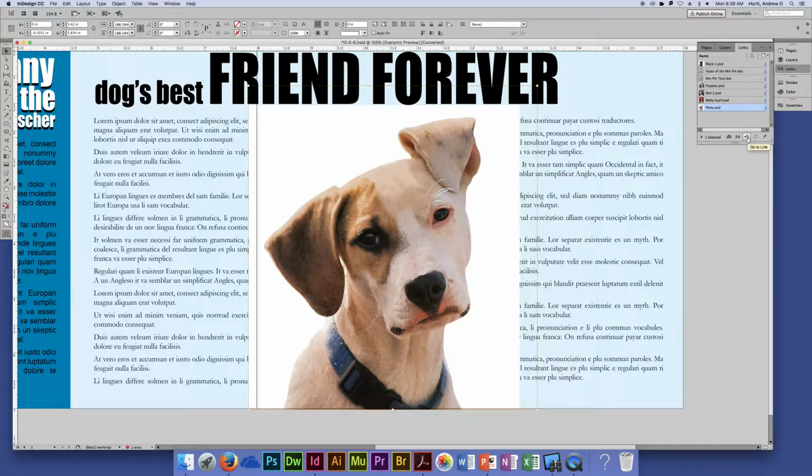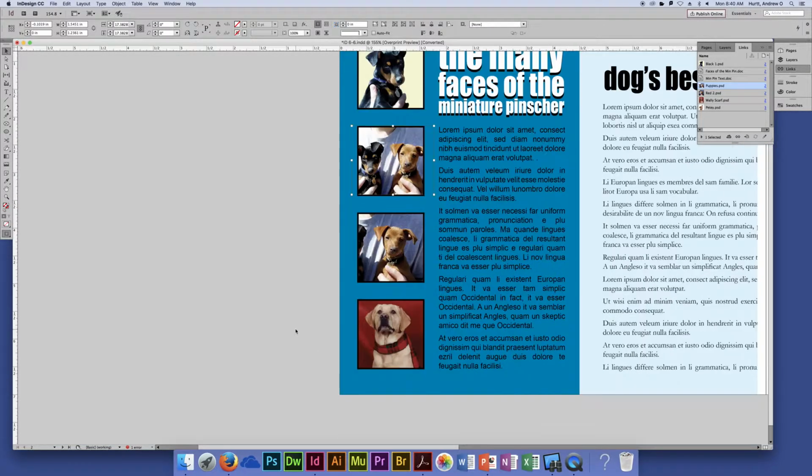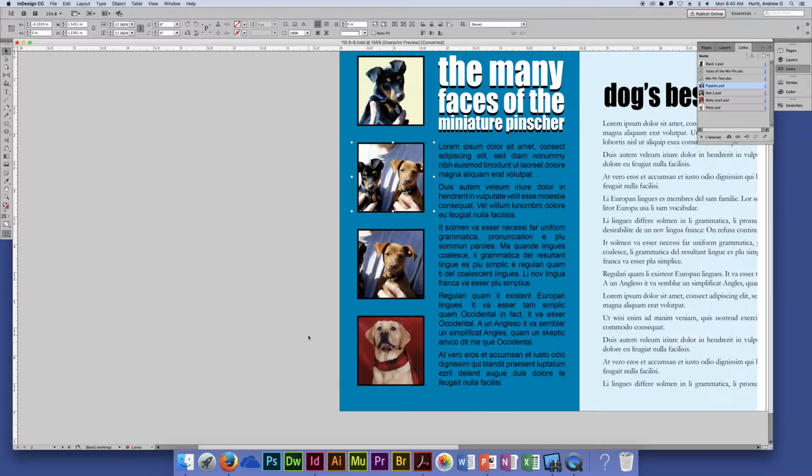I use that really frequently, especially when I'm getting files from clients that have a bunch of linked images, and people call images generally whatever makes sense to them, which might not always be what makes sense to a majority of people. So these kind of make sense, obviously this one's puppies, so you can imagine it's a picture of puppies. But some of the ones that are named, again, if we had 10 images in here and they were all named after the dogs' names, like I don't know,